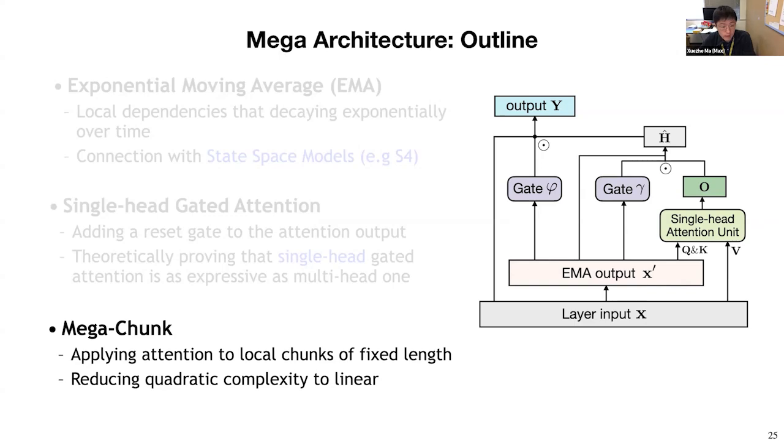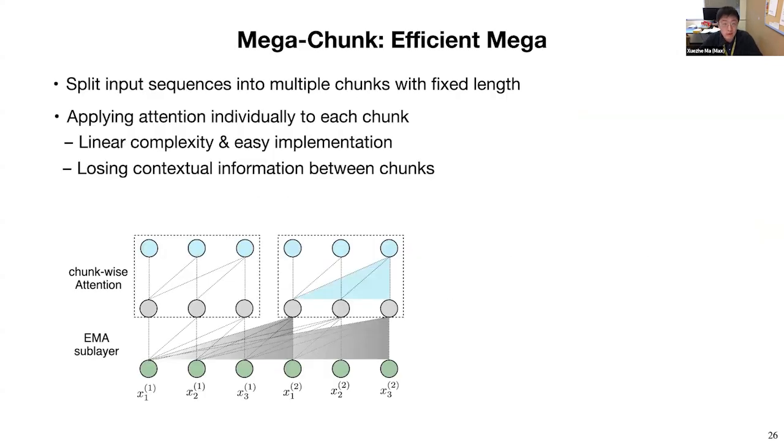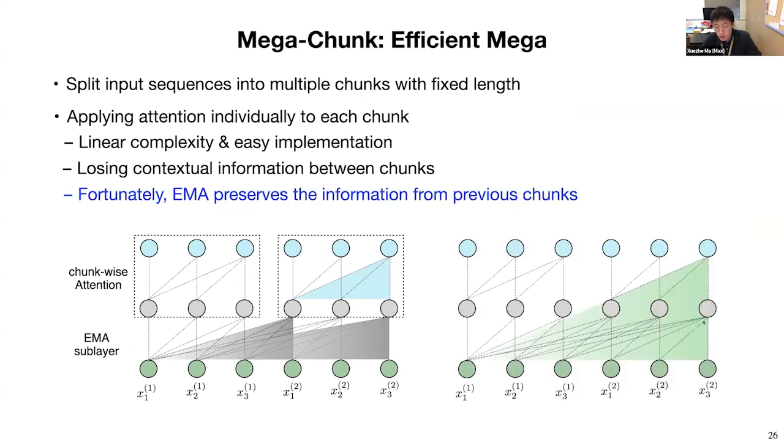So after we get our Mega architecture, here is the summary. With the Mega architecture, because we have the EMA layer and the chunk attention, the EMA layer just serves as the reconnector of the chunk boundaries. So in principle, the model is able to see the whole context.